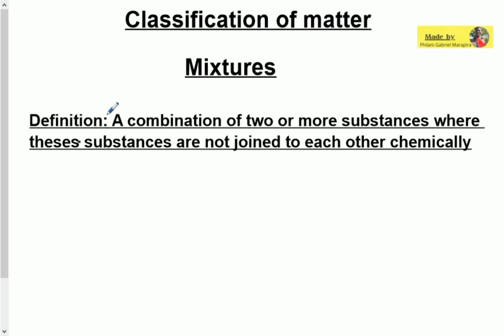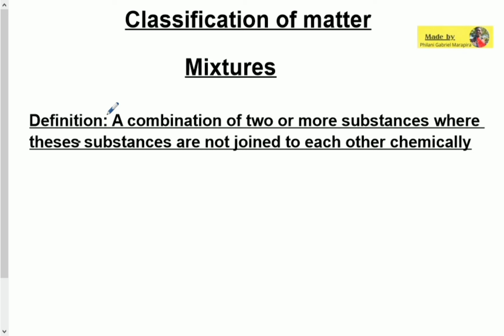For example, if we take a 250 ml beaker of water, it doesn't matter whether you add 20 grams, 40 grams, or 100 grams, or any other mass of sand to the water. It's still going to be a mixture of sand and water. Even if you put 70 kg of sand in water, it's still sand water. Whatever amount you put in that water, it's still going to be a mixture of sand and water. Therefore, mixtures have no specific or certain ratio.